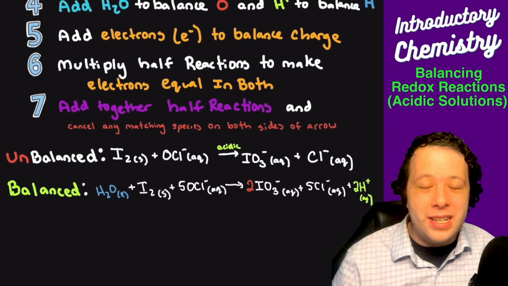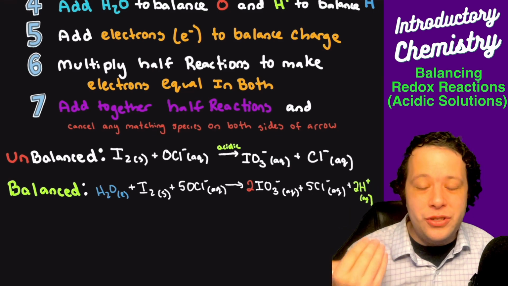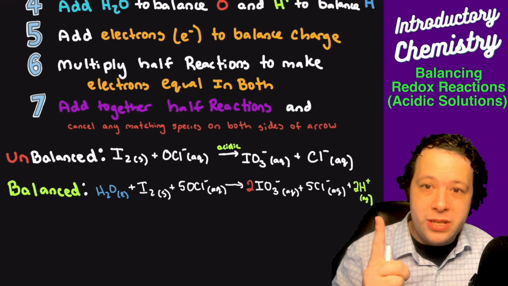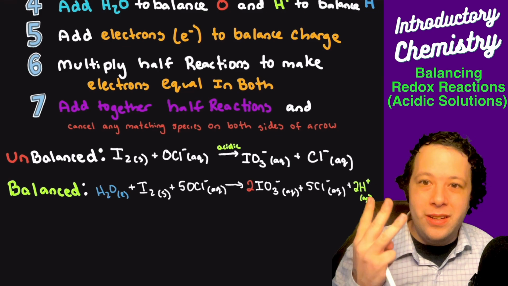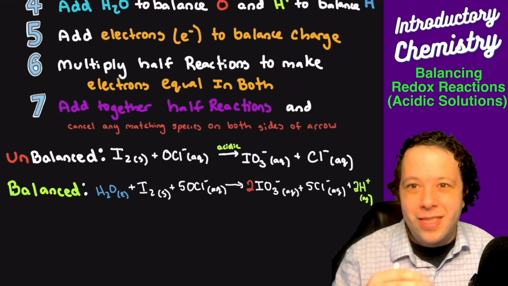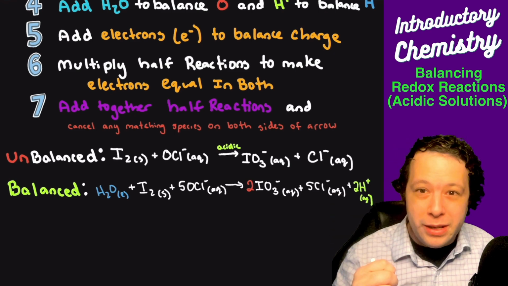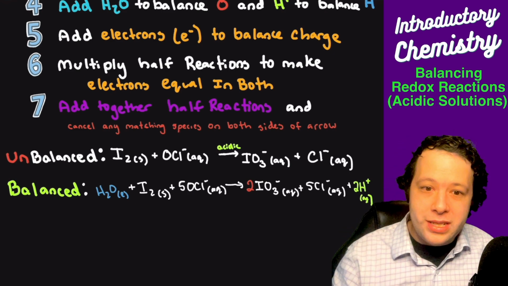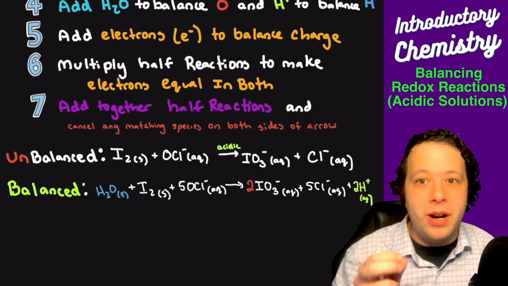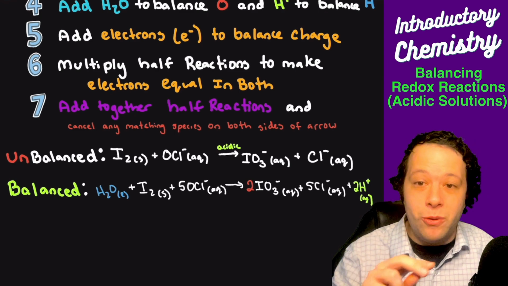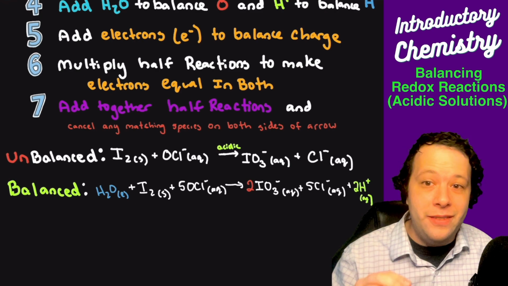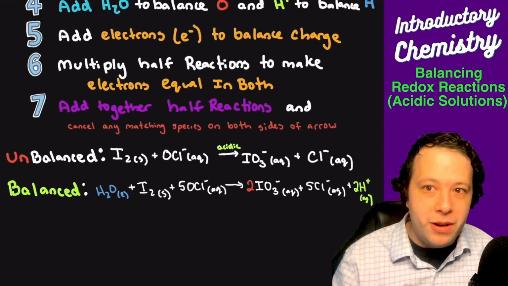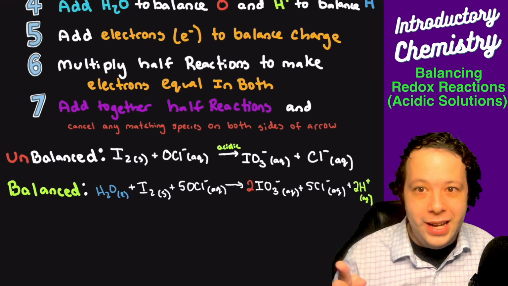One of the things that I would really recommend is that it really boils down to just a few steps. First you write your half reactions, then balance the other atoms first, then oxygen with water, then hydrogen with protons, and then balance your charge with electrons, and then combine them. It's very procedural. It takes practice with anything, but you can do this. If you can conquer this, arguably, this is probably one of the hardest things you have to achieve in general chemistry 1 or 2 that does not involve a lot of math. Especially in terms of balancing, this is probably the most difficult balancing process. But if you can do these, you can really handle any type of balancing.